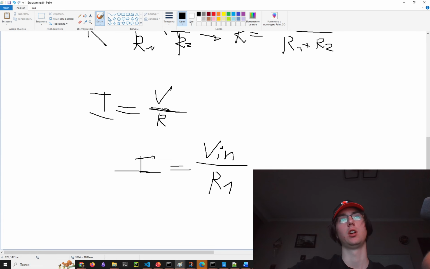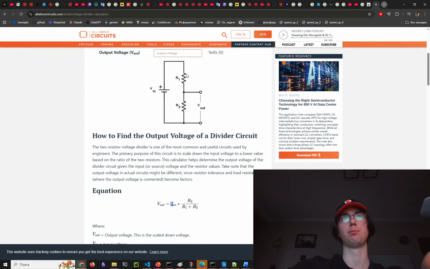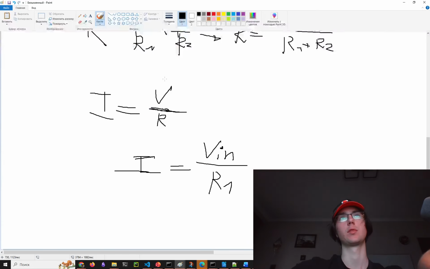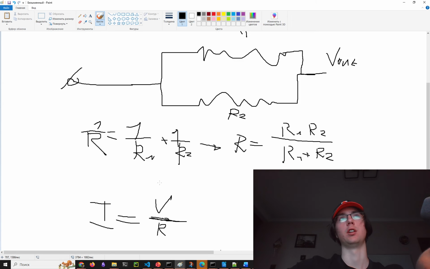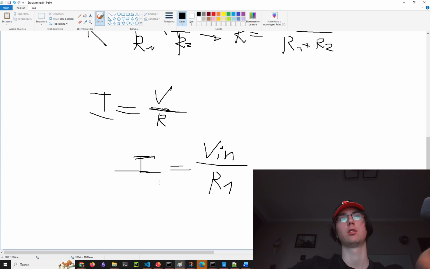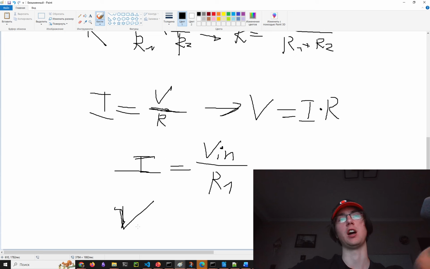Okay. This is basically the current value here. Yep. And to find the voltage, yep, from this formula we want to find the voltage. The voltage is basically current multiplied by resistance. So basically, if we want to find V out